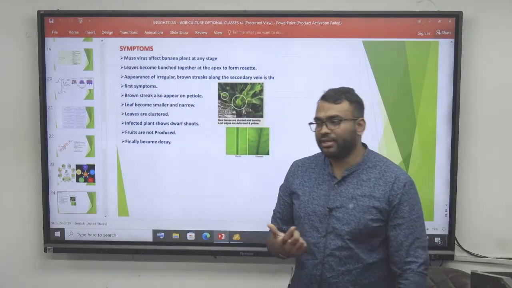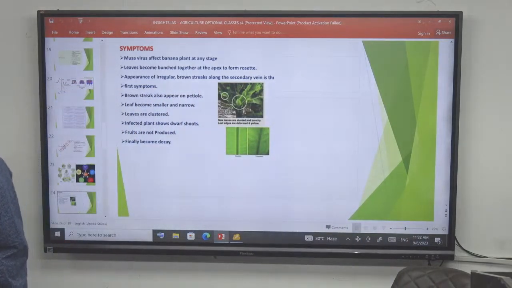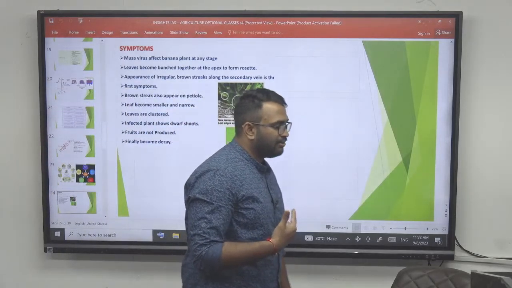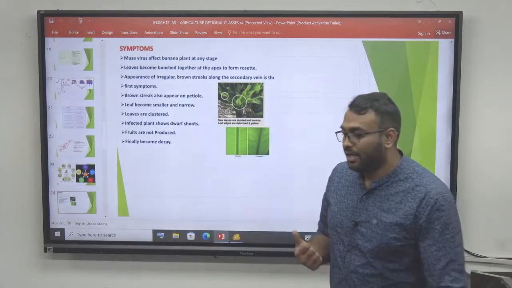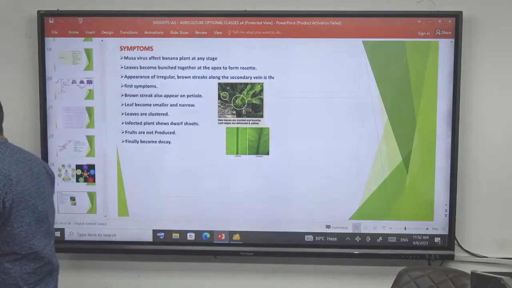Here, the important thing is that when you are defining this sort of symptoms, utilize proper terms like rosette formation, cluster, right? So this sort of words should be used here. So there will be less production of the fruits, and in many cases there will be no production of the fruits, correct? And the major thing is that it is transmitted from this seed material from one place to another place,